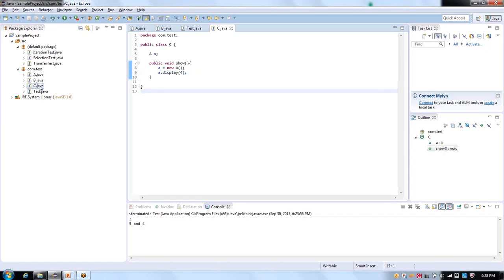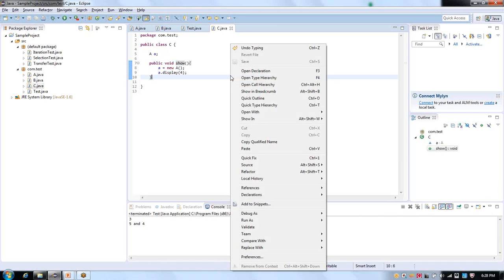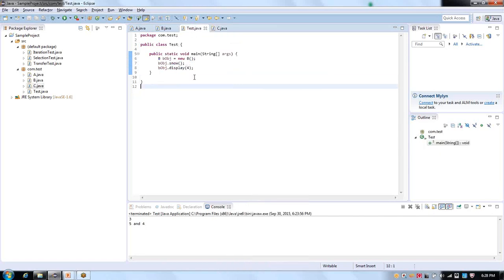I have created one more class called C. In C I have declared A, and here I have used this A variable. See here in the show method, A equals new A. I have created an object of A and A dot display of 4. So now if I go to C here,